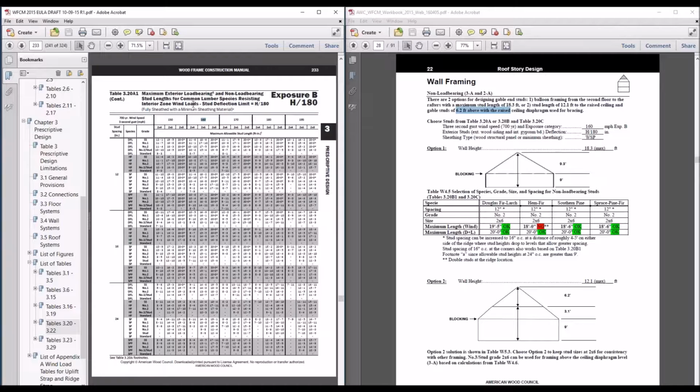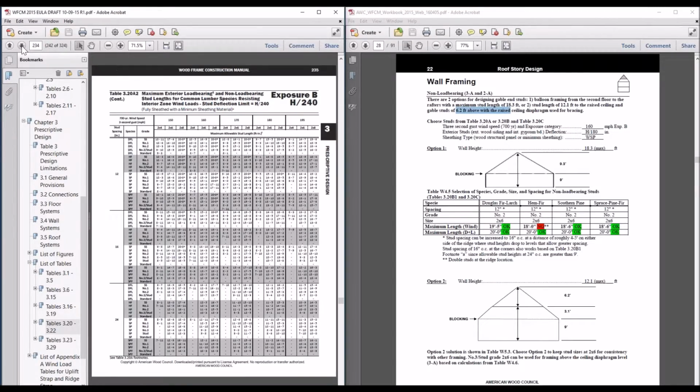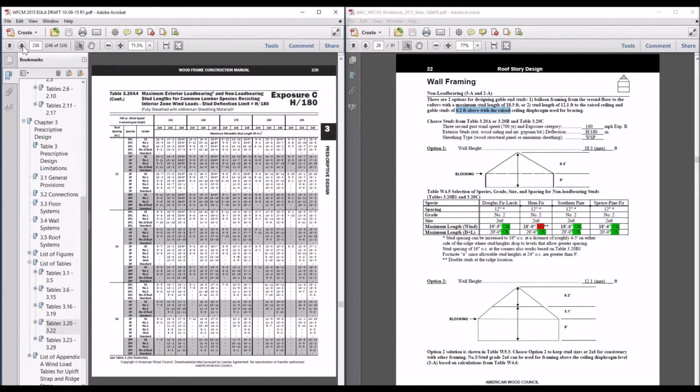Let's see. This is table 320B, because this is minimum sheathing materials. Okay, good teaching moment here. All right, so we've got two different types of tables. These are minimum sheathing tables, which means we're only looking at having gypsum on as a blocking or bracing type material. So I'm actually needing to jump to the next set of tables, which is going to be